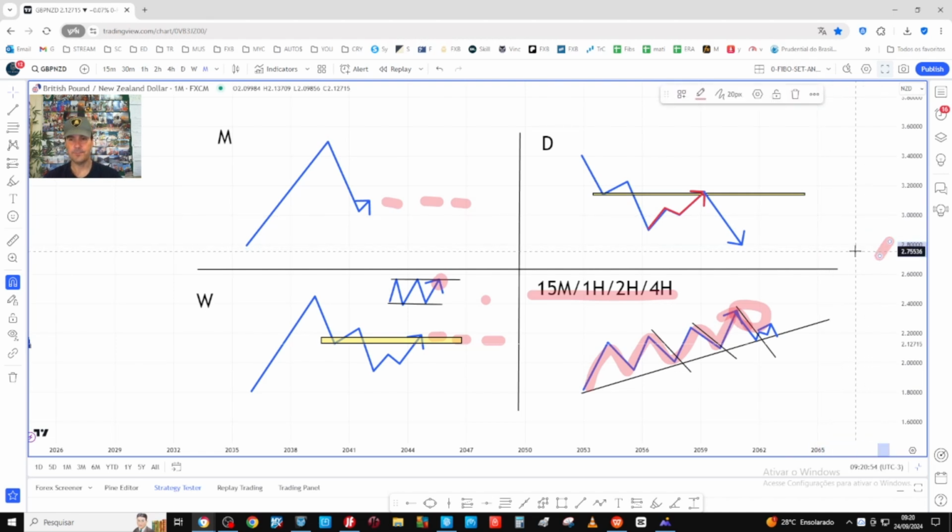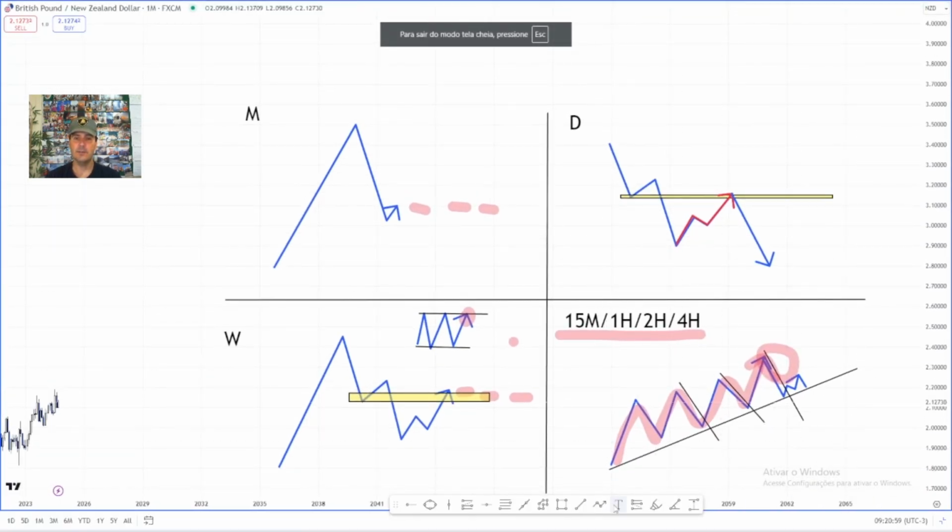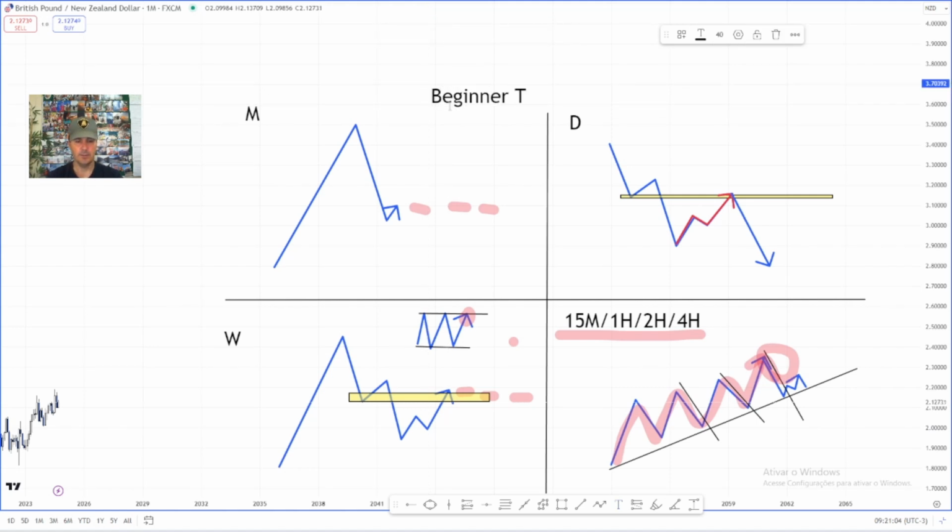So, pen and paper, or maybe we can write this down. Beginner traders. Beginner trader, you're not a trader yet, you're an analyst. Beginner traders lose because we think that